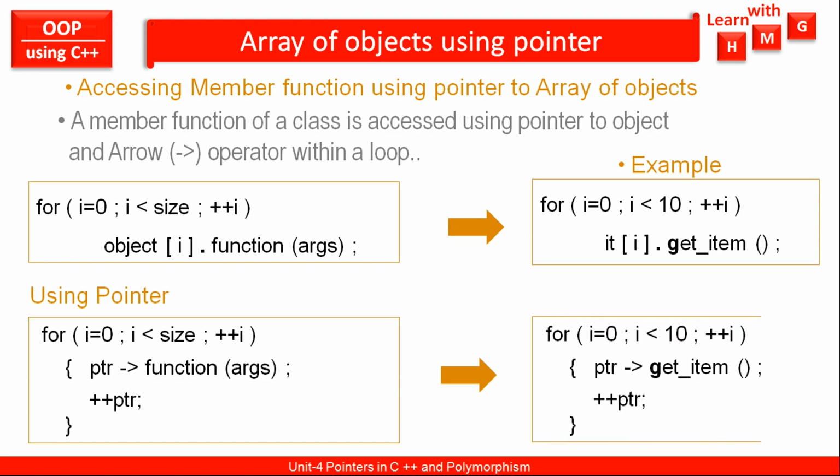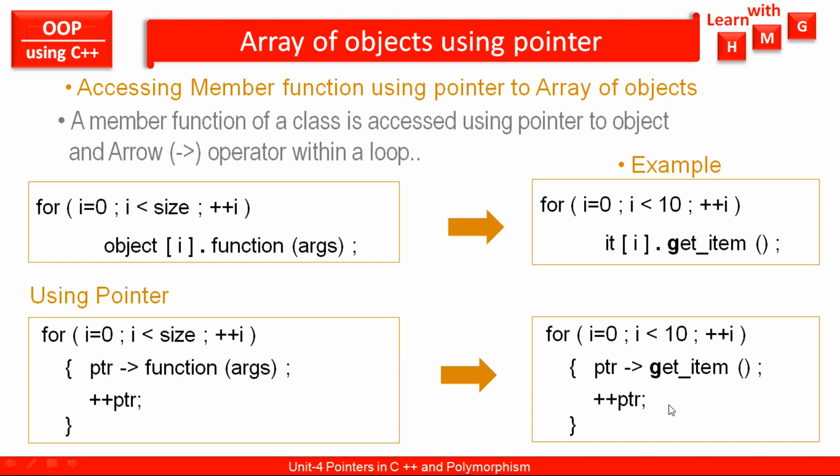Let us see the example. Here on the right side there is an example, where there are 10 elements in an array of objects, and I am going to call a get item function using a pointer and the arrow operator. So ptr arrow get item and then plus plus ptr. These two statements will be executed 10 times for i equal to 0 to 9. First of all, the ptr will point to element number 0, and